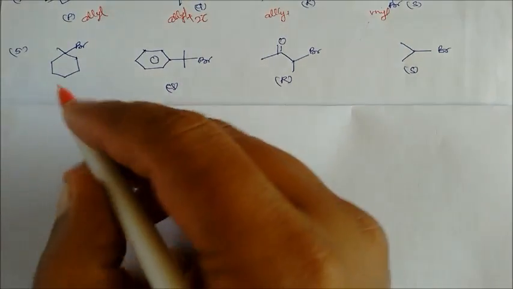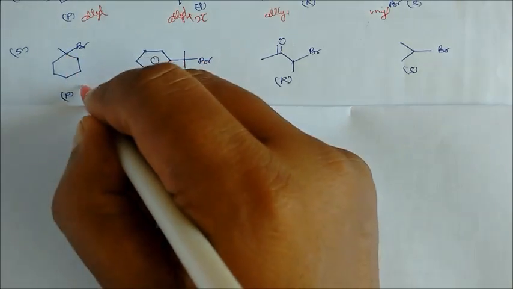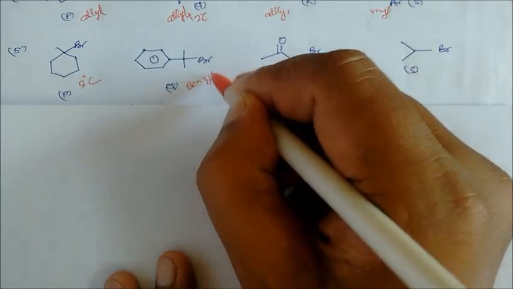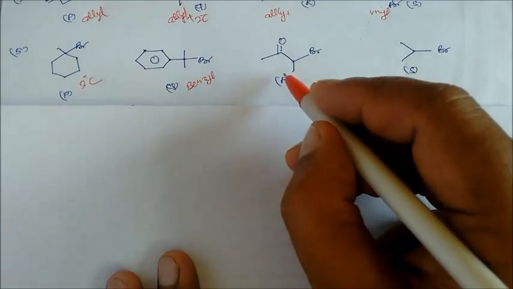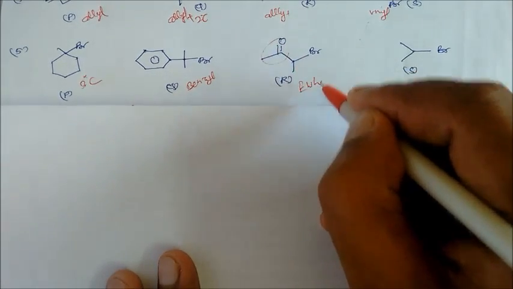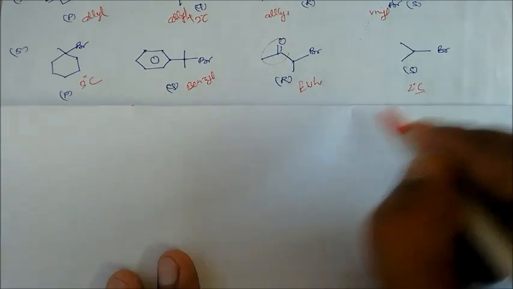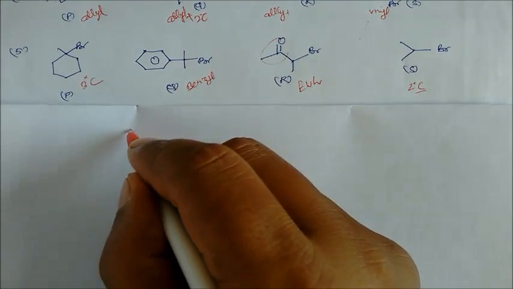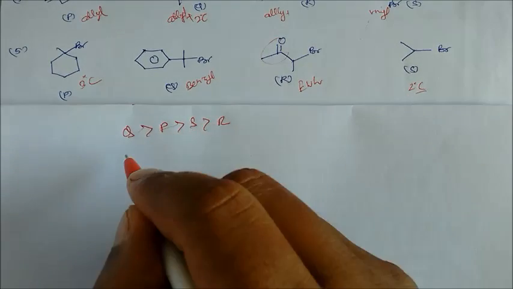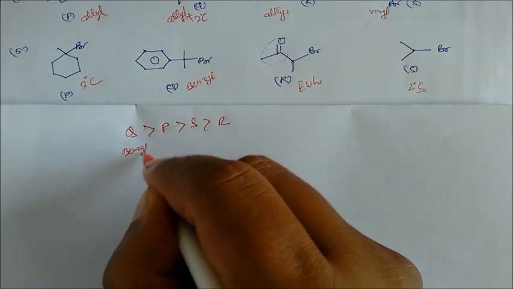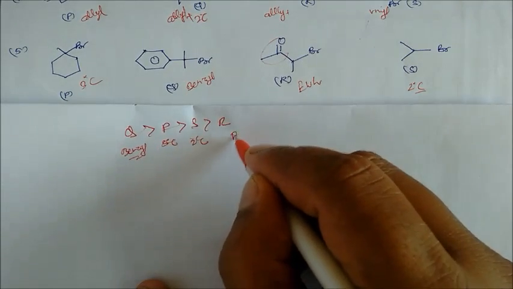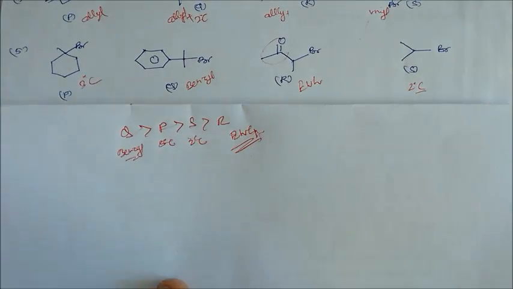In this question we can see this is your tertiary carbon. Here you can see this carbon is clearly benzylic, and this R has a strong electron withdrawing group. Electron withdrawing is present, and this is your secondary carbon. So the order will be: first Q, then followed by P, then followed by S, then followed by R. First is the more stable benzylic carbocation, then tertiary carbon, then secondary carbon, and this is the electron withdrawing group. So this is our answer of this question.